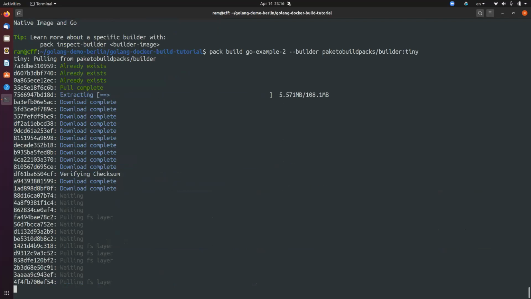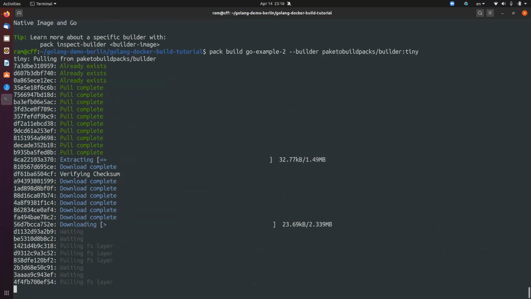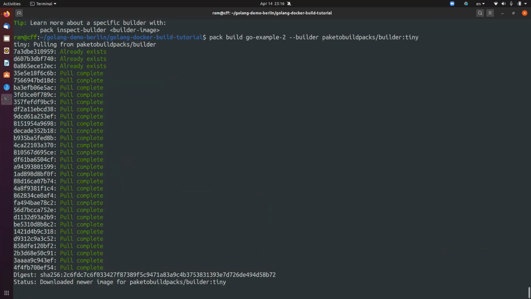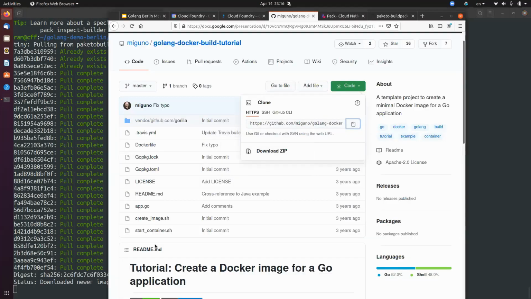A bunch of different layers that it requires get downloaded, and the actual detect, analyze, and all of those phases will kick in. So while we wait for that to complete,